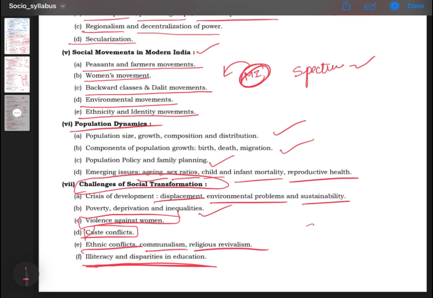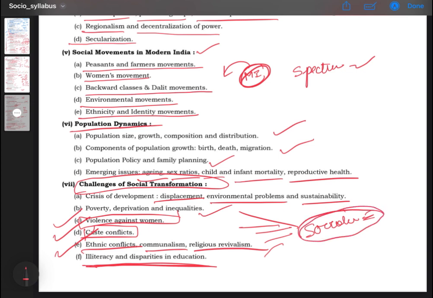It is commonly said that sociology is current oriented. Why is it current oriented? Because these problems, violence against women, caste conflicts, ethnic conflicts, we see happening here and there in our country. So when we are writing a sociological answer, how can we do value addition? We can write the contemporary problems and situations happening in our country, so that makes our sociological answer very, very good. All right, so this is about the syllabus. So from today onwards, we will be